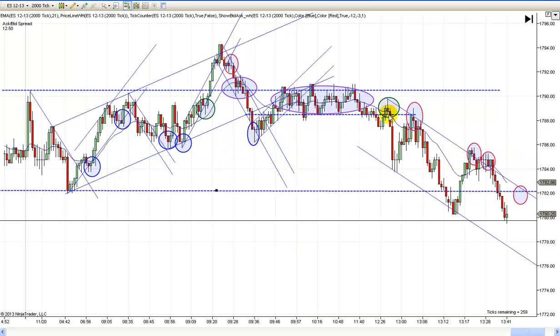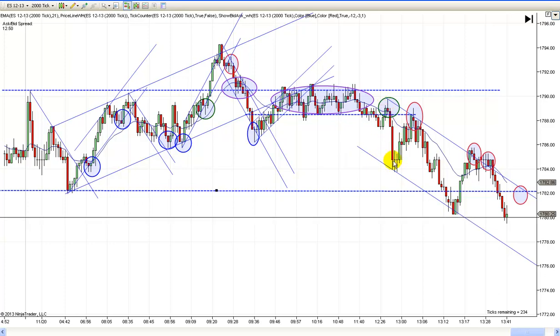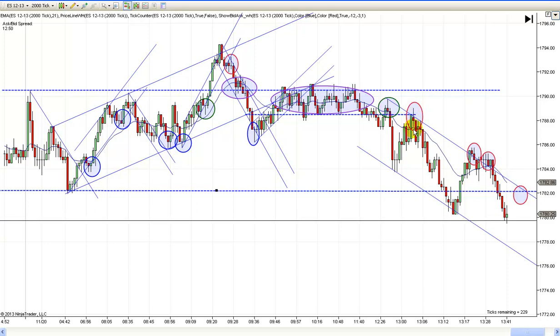So, breakout pullback short. It's a little more aggressive for the reasons we just talked about. And then your news hits and all this starts going haywire, and you come back and test this again and make a lower high and turn down. This is one where when it broke lower, I would use a limit order, and I like to use those